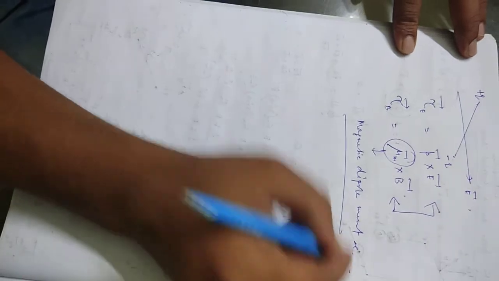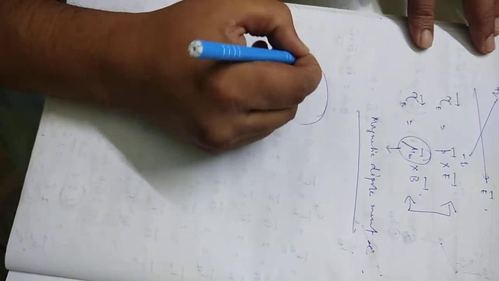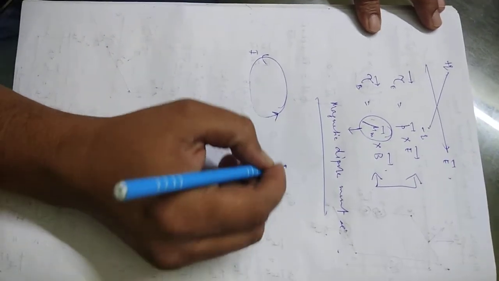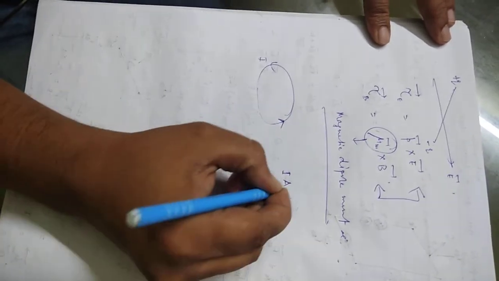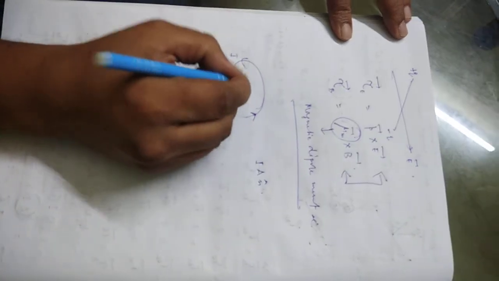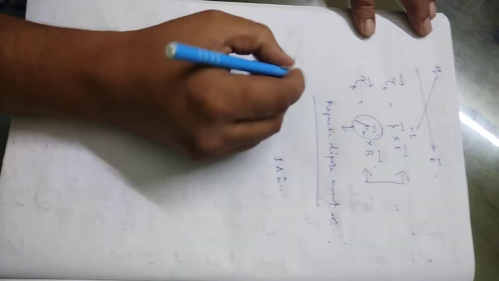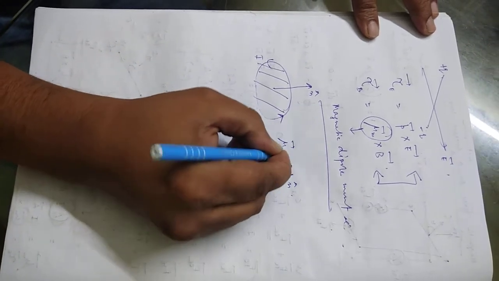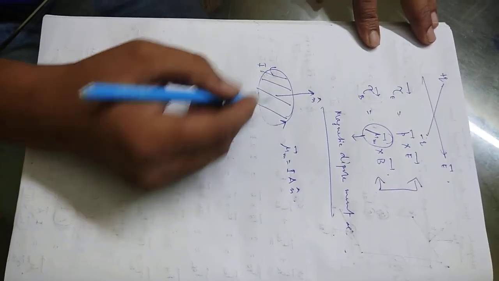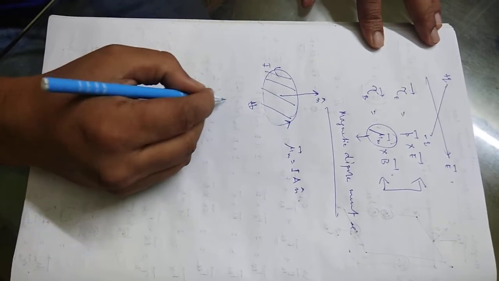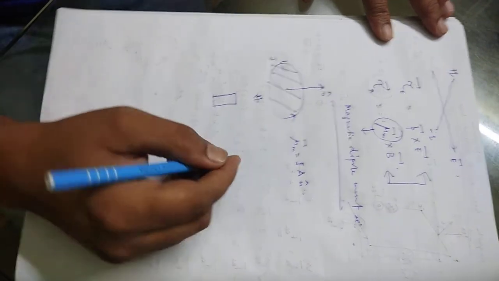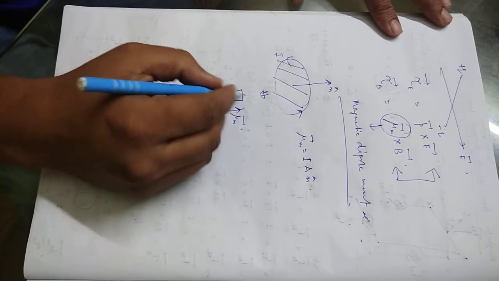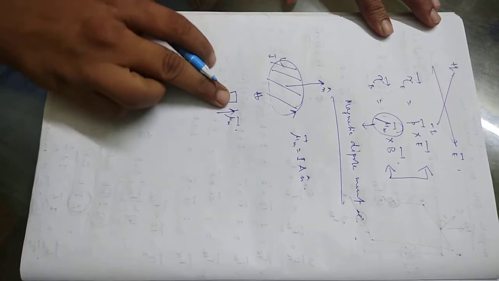Magnetic dipole, that is a very important thing. So what is a magnetic dipole? If you have a current carrying loop, let's say current is flowing along this direction, I can define I into A n cap. What is this n cap? N cap is the direction of this surface, and A is the surface area. That I will call the mu m vector. So this current loop can be replaced by a magnet with a mu m, the magnetic dipole moment.